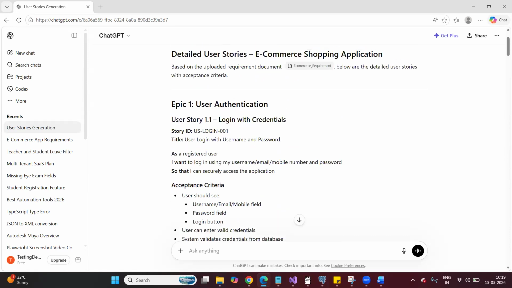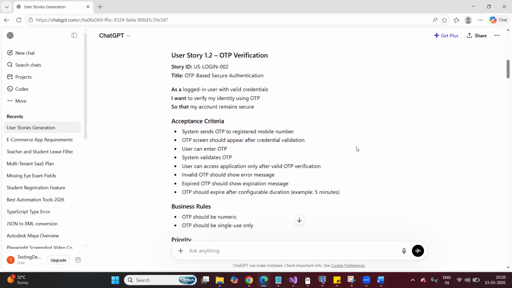So if you are entering the valid credentials, the validation for the OTP is: if you have a valid OTP, then only you can access. The duration of the OTP, I didn't mention anything, so it assumes. Again, if you want to say the OTP duration is,